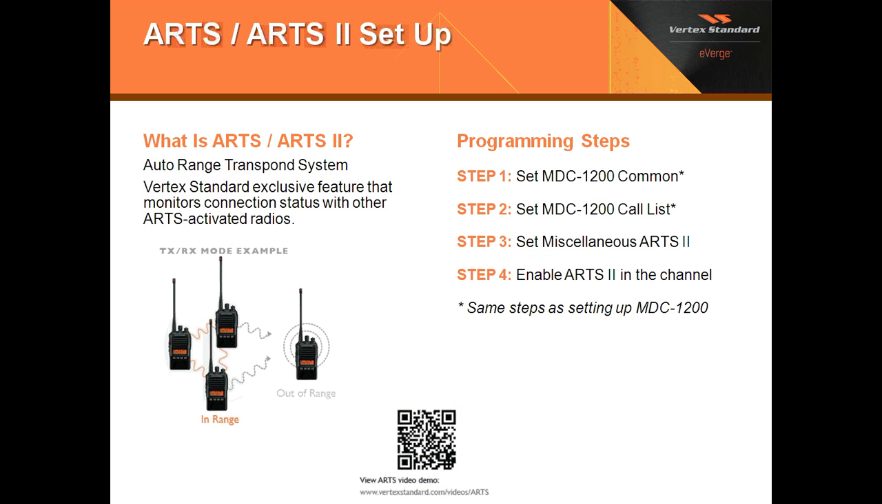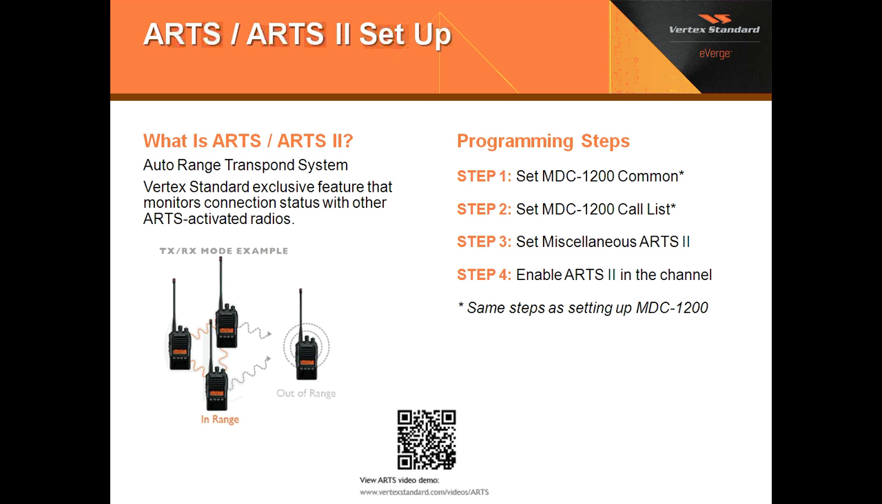Alright, now that we've got that set up, let's go over ARTS2. ARTS is basically an auto range transponder system, so you can tell when the radio is out of range of your system. We can do this by following these steps: setting up MDC common, MDC 1200 call list, then after that, you'd set up the miscellaneous ARTS2,